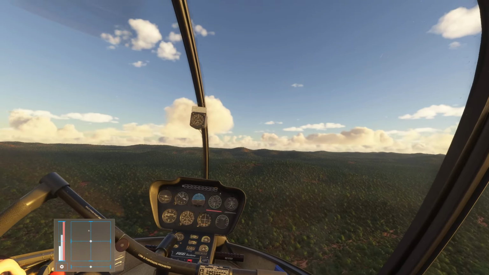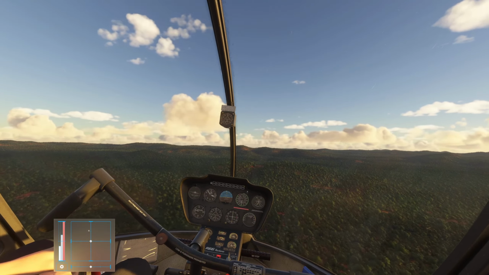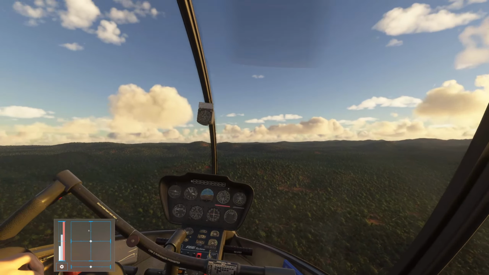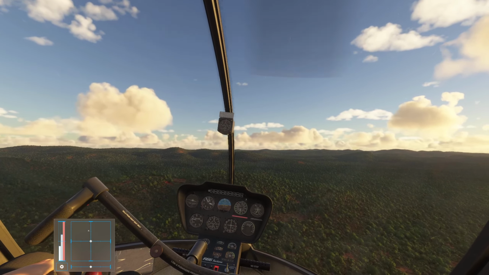That's the difference, I suppose. Which is great. Not to say that I didn't enjoy the scenery earlier, but